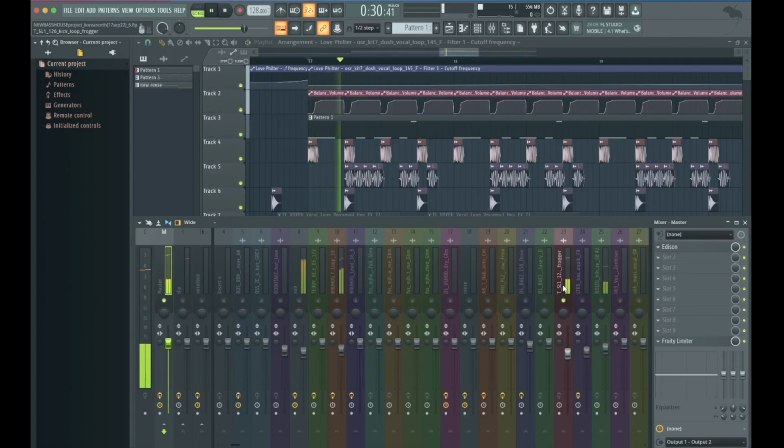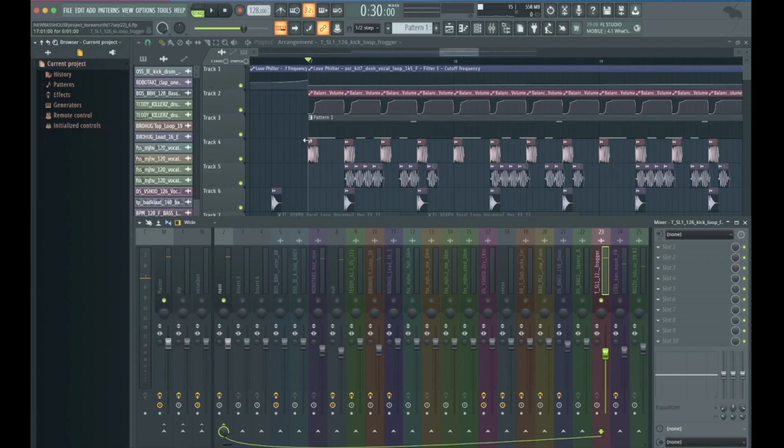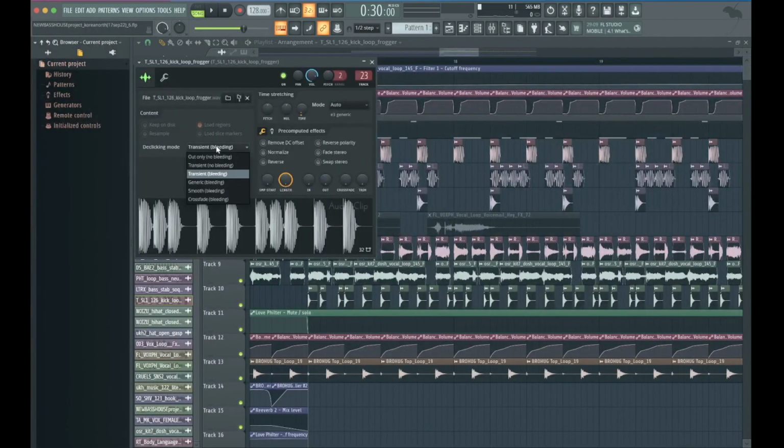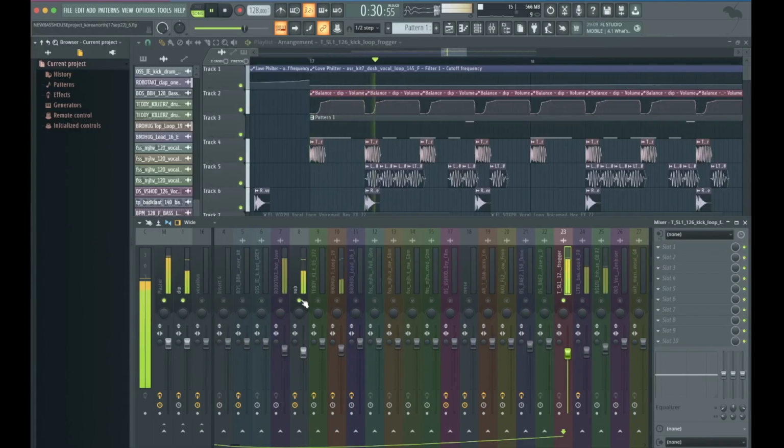We got a kick that I've actually chopped short because I felt like there's too much sub in that kick and I wanted to keep it relatively clean. And when you cut something short, make sure to enable transient bleeding or generic bleeding. I did transient because that only cuts the back bit. Generic will do both sides if you're cutting. And so in context with the sub,